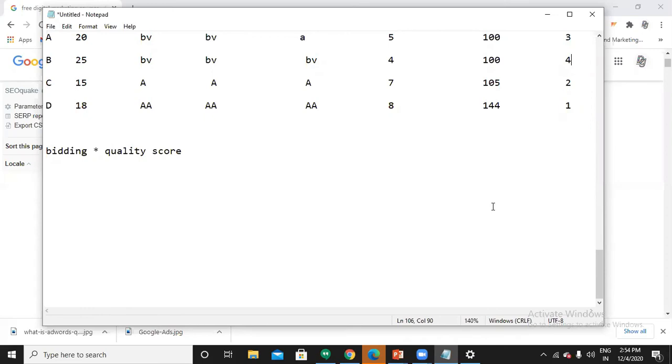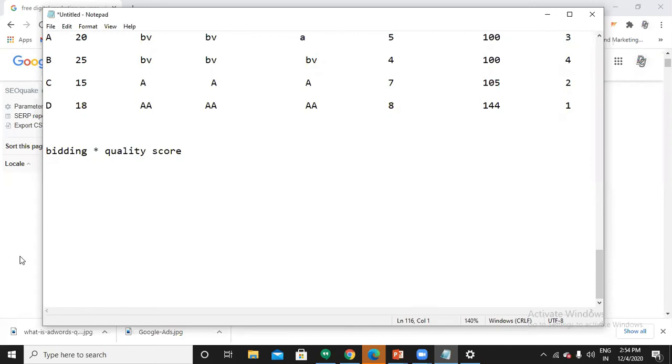Do we have the option of finding competitors' quality score? Google Ads is blind bidding. You can't see what others are bidding. So how can you see what others' quality score is? So this is simply quality score.